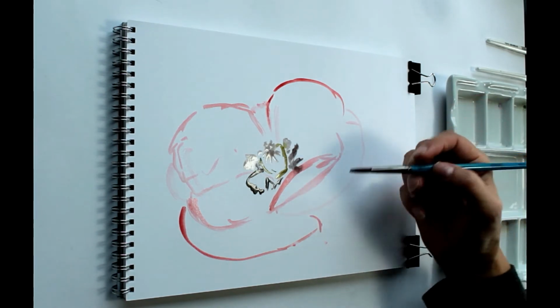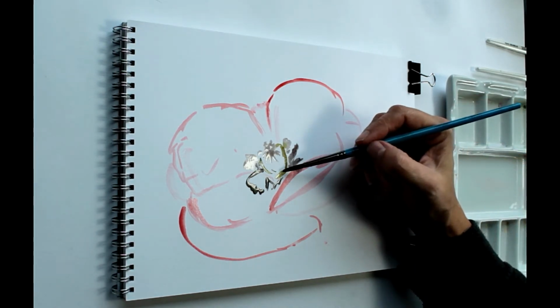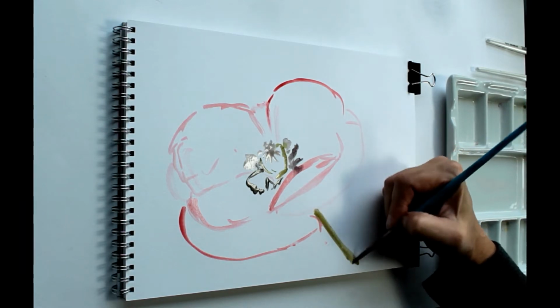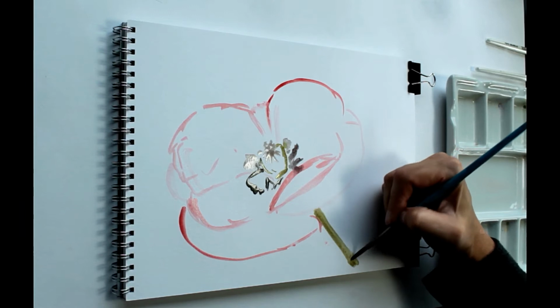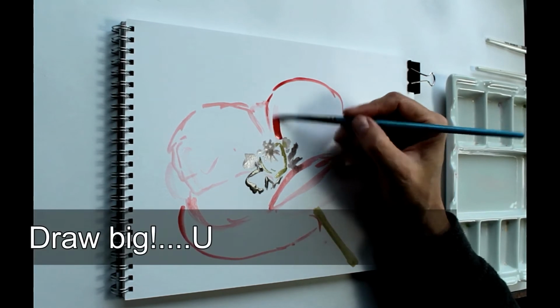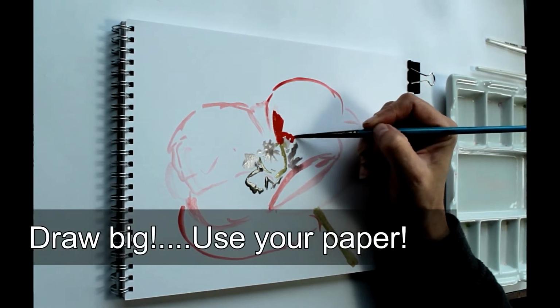And then the stem, when you're drawing a flower stem, just imagine where it's fastened at the back and then come through and draw what you can see. So no pencil guidelines, and it's a good way to have a practice sometimes, just to paint straight onto the paper. Okay, so now I'm going to start and intensify some of those colours, one petal at a time,